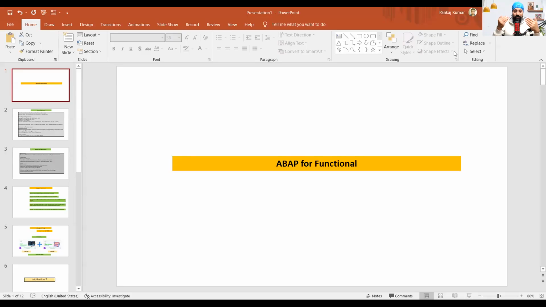Before we jump into the curriculum, Pankaj, I have a couple of questions. Sure. One thing is that I have thought from the functional perspective about how important it is for a functional consultant to learn ABAP. Now, you are a pure technical consultant. You have dealt with hundreds of functional consultants. So, from your side, being a technical guy, what are the